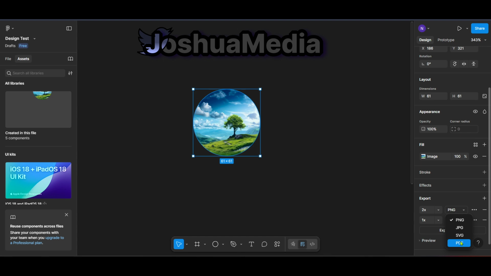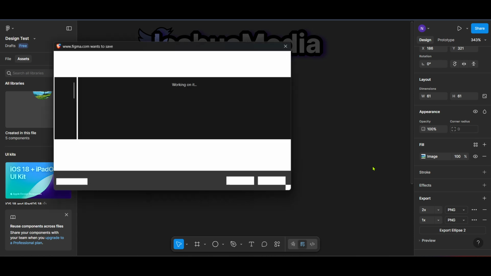And there you have it. Once you've selected your desired format, just hit the export button and Figma will save the file to your computer. It's incredibly straightforward. Exporting from Figma is designed to be user-friendly, so with these steps you can effortlessly share your